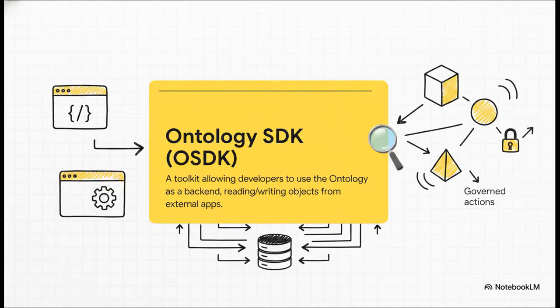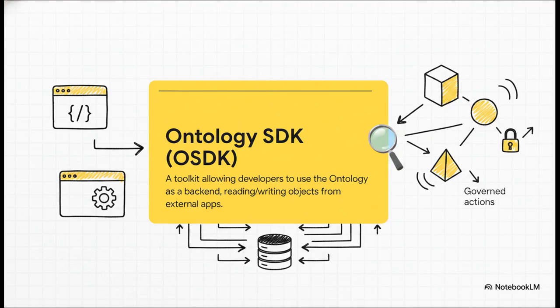Let's just zero in on the OSDK for a second, because this is probably the most important piece for any developer. This is the toolkit that lets your code speak the ontology's language. So instead of writing a bunch of SQL queries and boilerplate data access code, you're interacting directly with high-level objects. You're reading properties, you're traversing links between objects, and you're executing those governed, predefined actions we talked about, all from